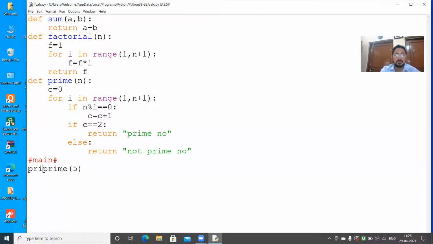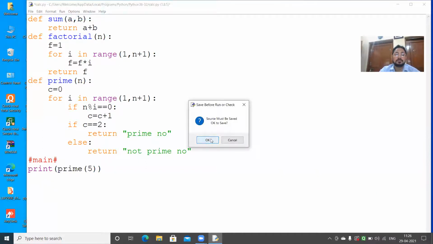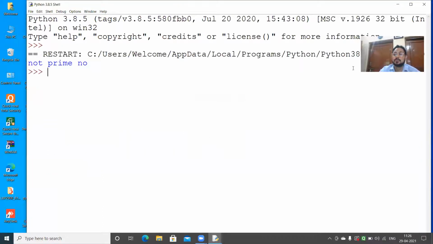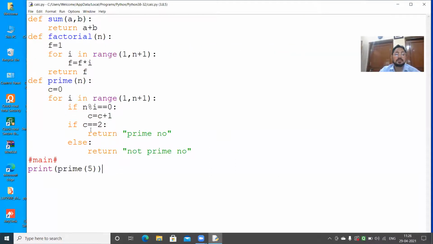I will write the print statement. Not this prime. If c equals to 2, only two factors, n mod i, c is equal to c plus 1. n mod i equals to 0.